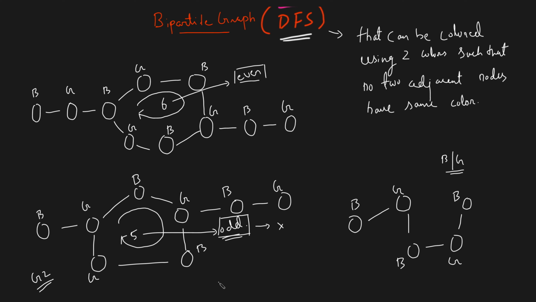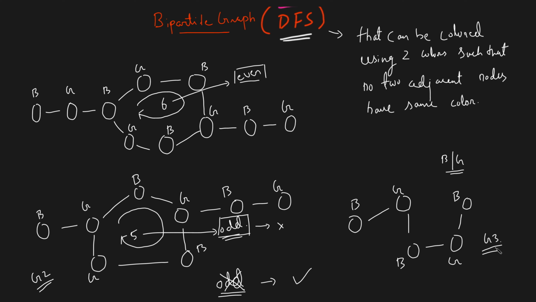So the observation I can see is, if a graph has an odd length cycle, it's not bipartite, and if it doesn't have any odd length cycle, it is bipartite. It doesn't mean that it has to have an even length cycle. Without an even length cycle it can also be bipartite, as in this graph G3. So the definition is very plain and simple. If it has an odd length cycle, it's not bipartite. If it doesn't have an odd length cycle, it's a bipartite graph.